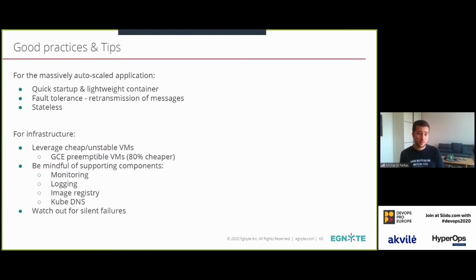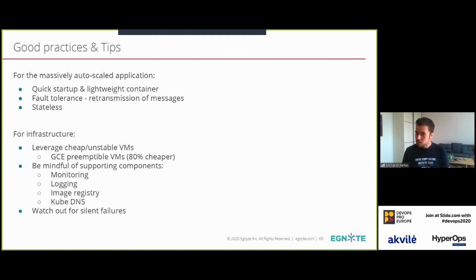Those are things that often surprise people when, for example, they decide, okay, let's scale this application to 500 nodes, let's provision it, etc. And suddenly, some containers are not starting because the registry is not able to keep up with delivering those images. Also, kubedns, those issues,